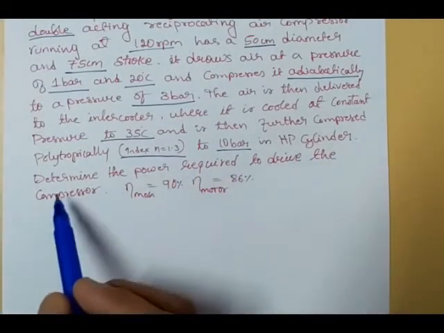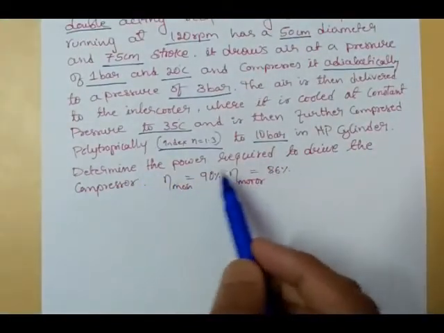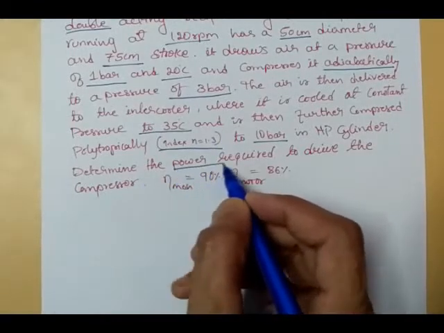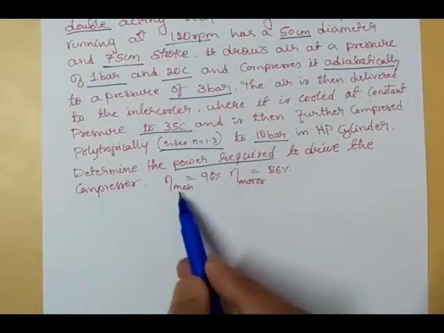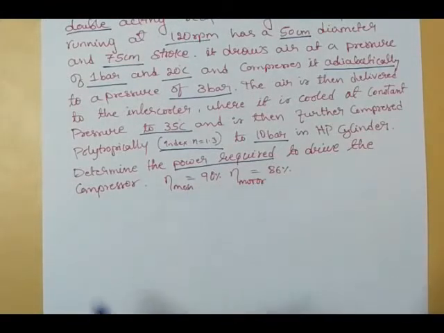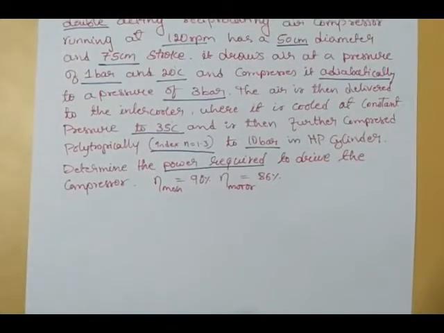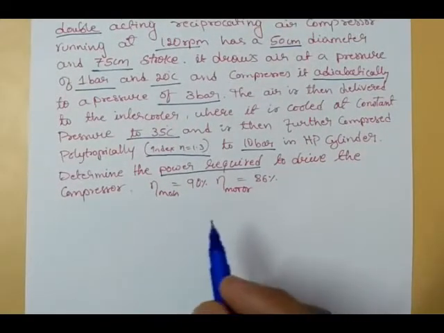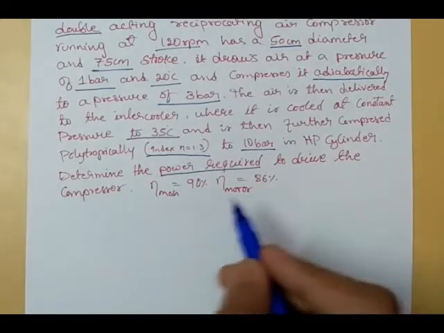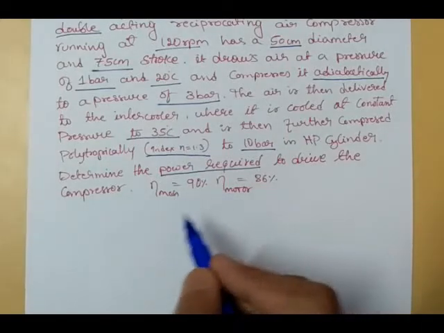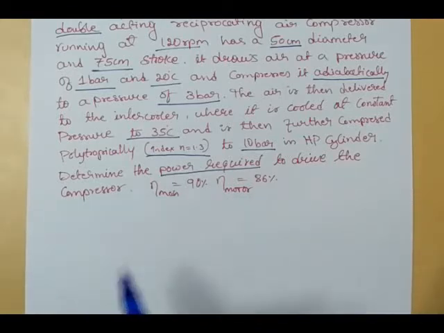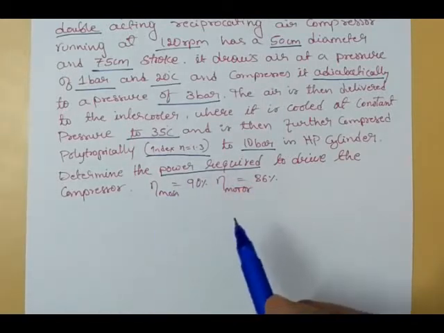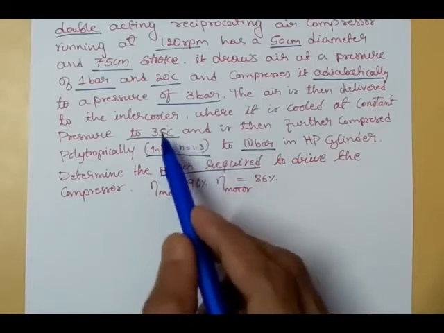Then what we have to determine is the compressor power, and there is also a motor efficiency and mechanical efficiency. These we can directly substitute in the equation, because of the losses we see in the mechanical components and in the electrical motor component. We'll see what is the actual power that we must supply to the compressor to get this much output, 10 bar output.